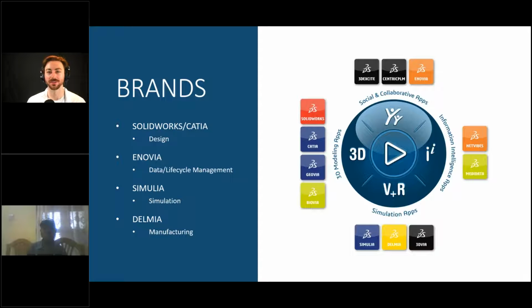That's going to be where you're managing your design, and Enovia is data management built into a lot of these offers. So those two are essential. And then if you're expanding, you can get into that high-end simulation and manufacturing as well, beyond the tools that SolidWorks offers.